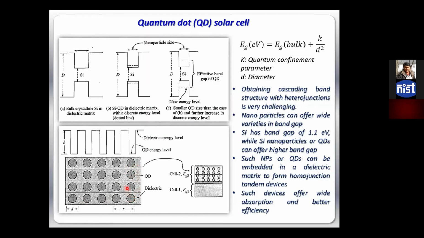So now we can have different sizes of silicon quantum dots and nanoparticles. We can embed them in a dielectric matrix and deposit them layer by layer. Eventually, consider that we have cell 1 which is made of silicon, and then cell 2 which is made of silicon only, but in terms of nanoparticles and quantum dots which have a higher band gap. So now the variation of band gap we can create utilizing the same material. So the challenge of selecting materials and having an ideal band gap can be minimized a lot, in a very fundamental way, by quantum dot and nanostructure concepts.